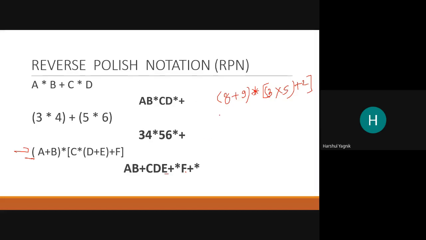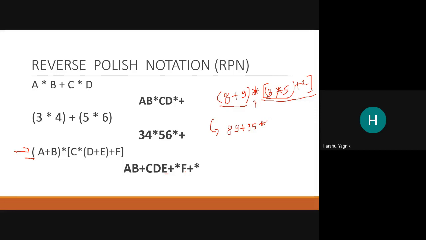Okay, let us verify your answers. The result of reverse Polish operation would be, first there is a parenthesis, so that has to be executed first. What is inside the parenthesis? 8, 9 are the operands followed by the operator, plus. Then there is an operator. Operator will be at the last. So what is the next operand? That is this. In that there is a parenthesis. So 3, 5 are the operands followed by the operator, multiplication.